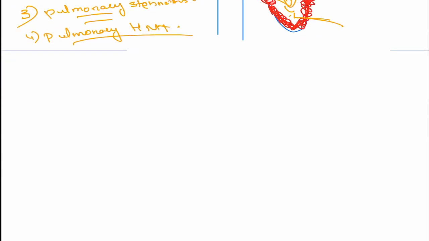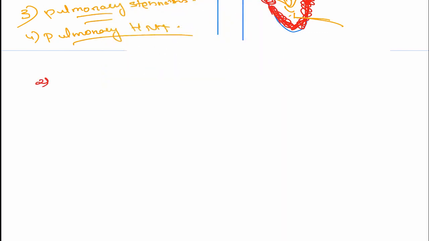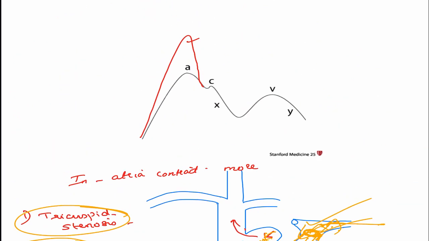Now let us see the next wave, which is a much larger A wave. Okay, this was already a large A wave. Second is a much larger A wave, which is known as the cannon A wave, which is actually larger than this. So it comes like this and it is much larger than that. So this is called the cannon wave.